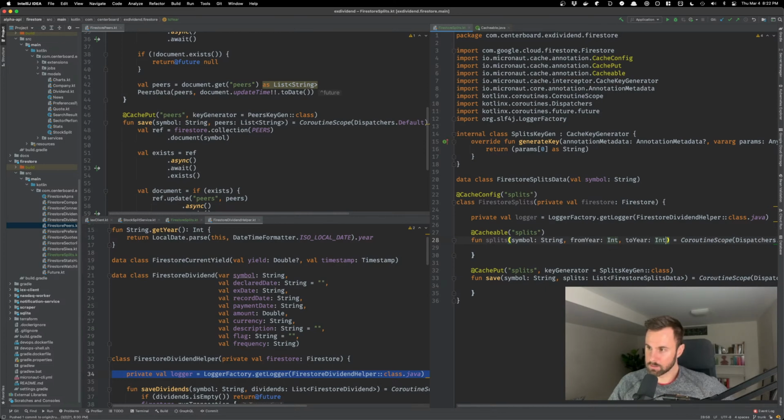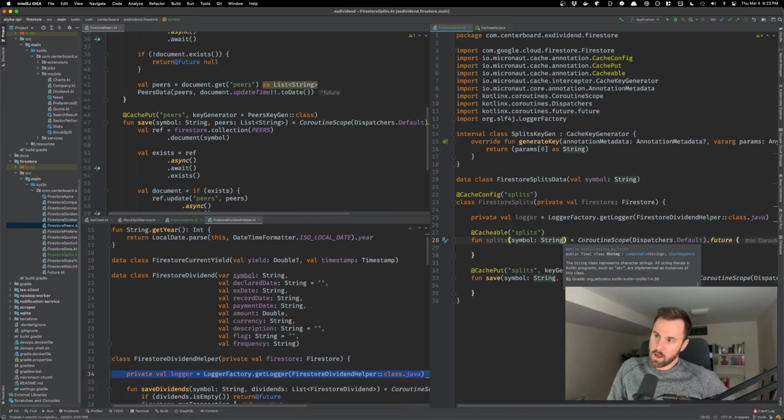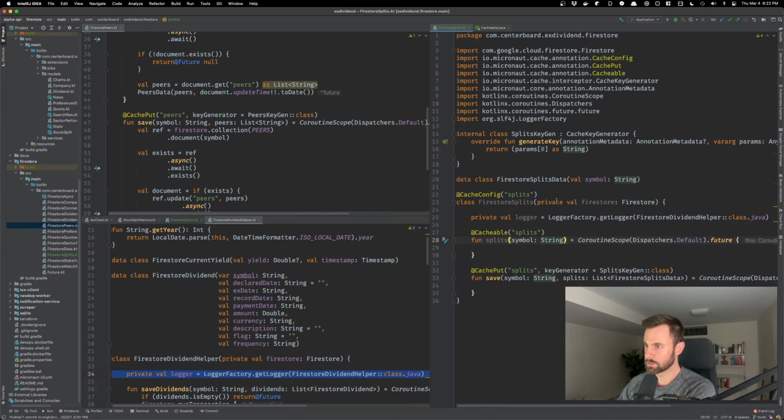So I'm going to think about this. For now, it's going to be dumb. There's not going to be a ton of splits, so I don't probably need to range bound it with some of the other functions that I have. I do range bound it elsewhere, but in this case, I'm not going to because that would make the key generator a pain. So we're just going to skip that and make it easy. So we've got our signature for save and our signature for get. We've got our key generator. Next thing we need to do is